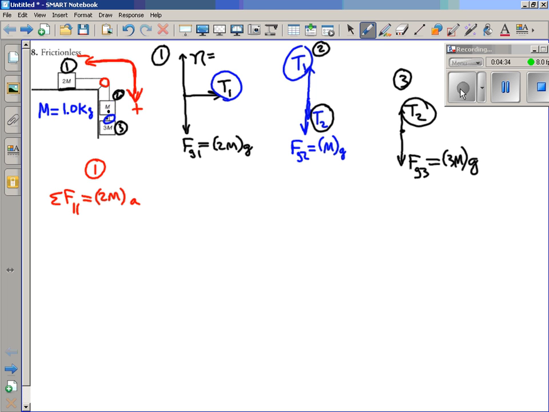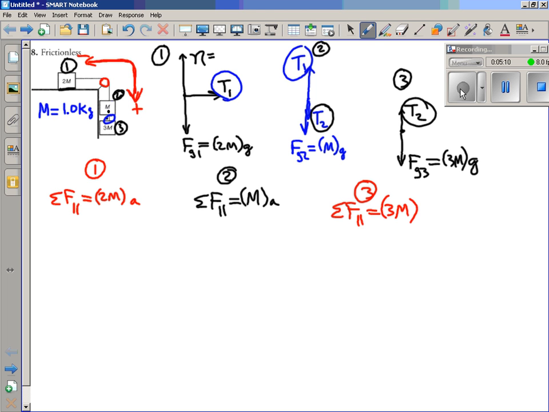For object 2, the sum of the forces on object 2 parallel to motion equals the mass of object 2, which is m, times acceleration a. And for object 3, the sum of the forces parallel to motion on object 3 equals object 3's mass, which is